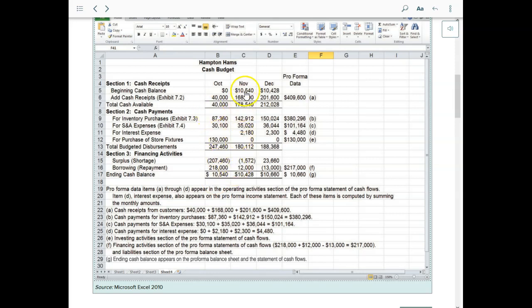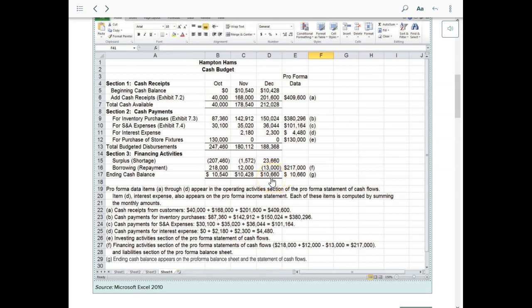So go through every month and do the same thing. They had to borrow a little bit more in November because they're coming up short. And then here, they actually can start paying some back. That's what the negative is here. So once you have enough money, you can pay back enough that will still leave you $10,000 here.